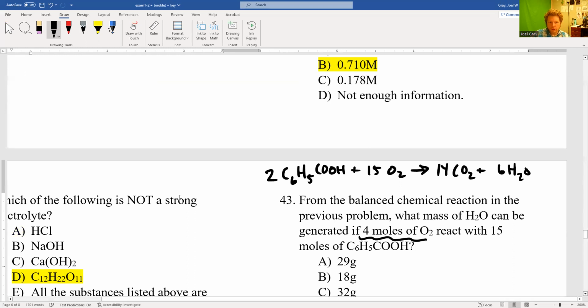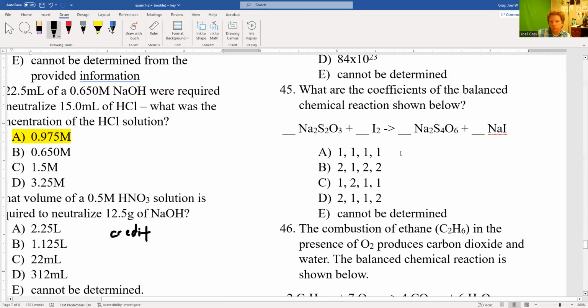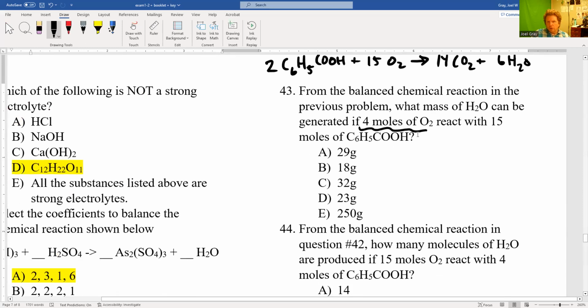I'm going to scroll back and check again because I didn't write it down. 6 H2O. Good. Okay. So where this problem has a little bit of a wrinkle, though, is we're asked about